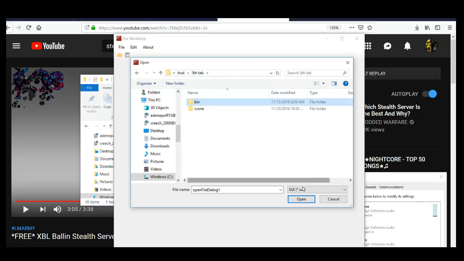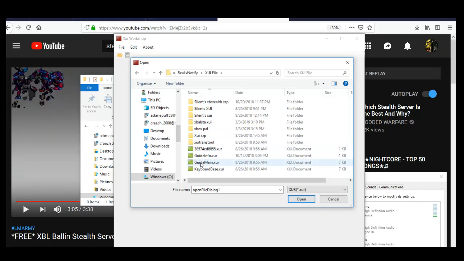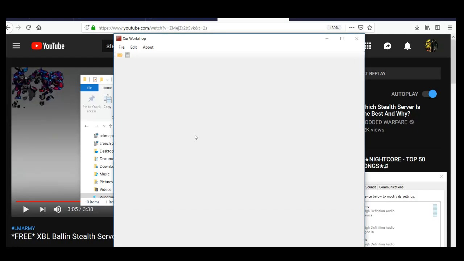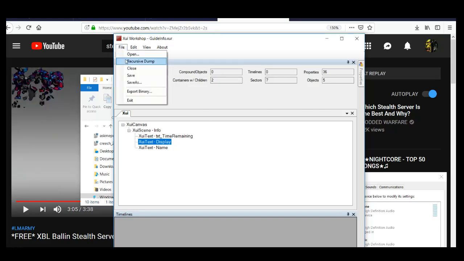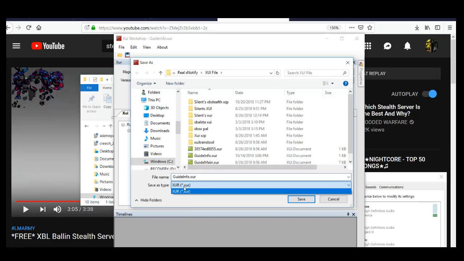I need to find. Okay, well, you want to switch. You need to switch these back and forth depending on what you're trying to open up. So we're doing an XUR file. And then okay, let's do guide. Okay, so we open it up. Gives you some cool information. And then you're gonna export to binary, and then